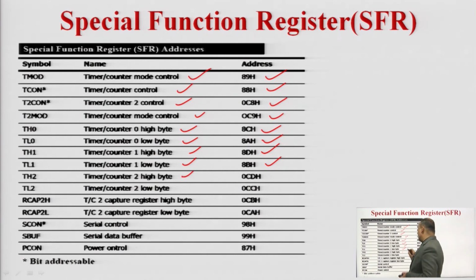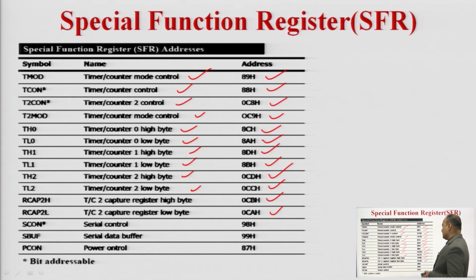So, timer counter 2 high byte register 0CDH, and timer counter 2 low byte register, we have the address 0CCH. So, this is the address of timer 0, timer 1 and timer 2. Then we have the timer counter 2 capture register low byte having address 0CAH and high byte 0CBH.